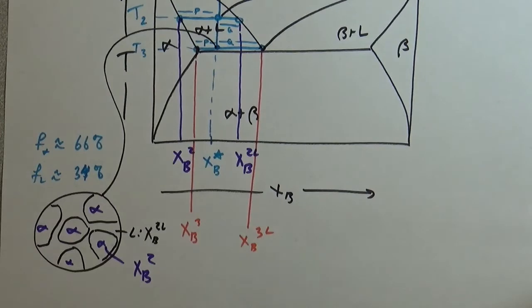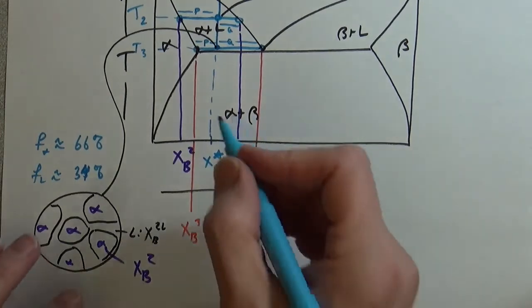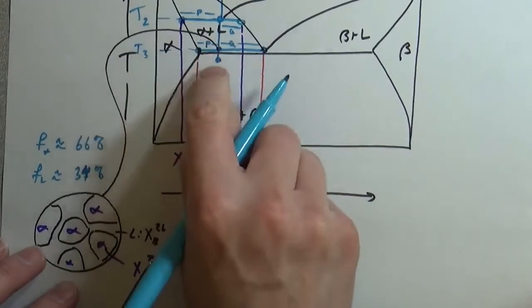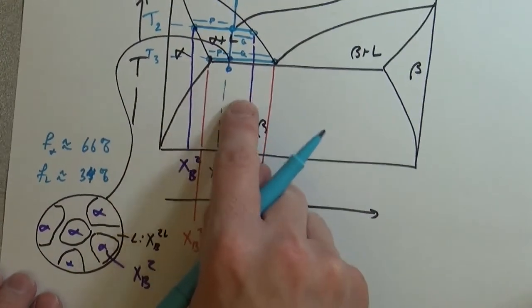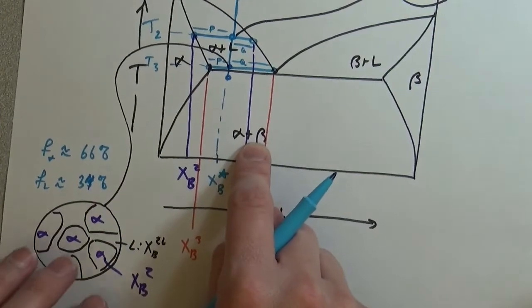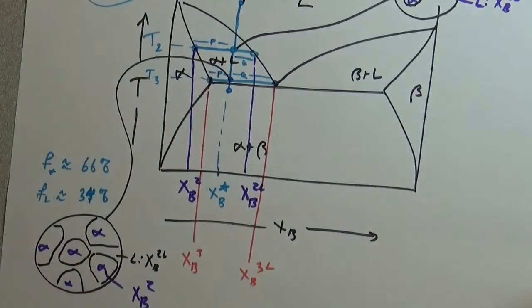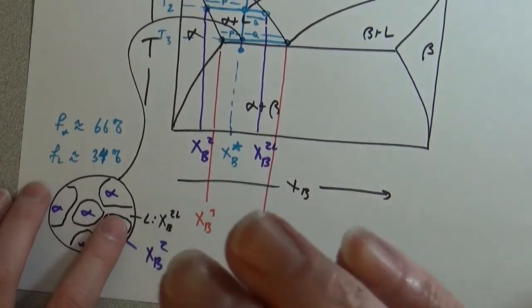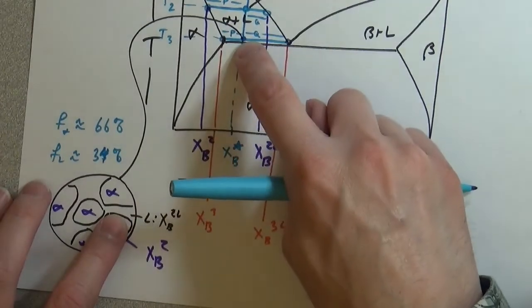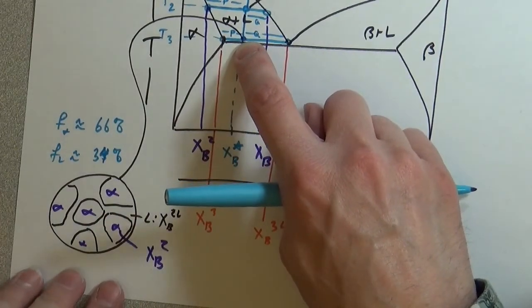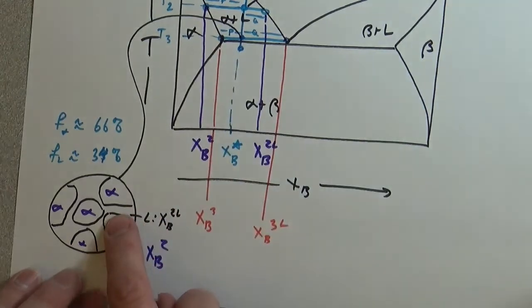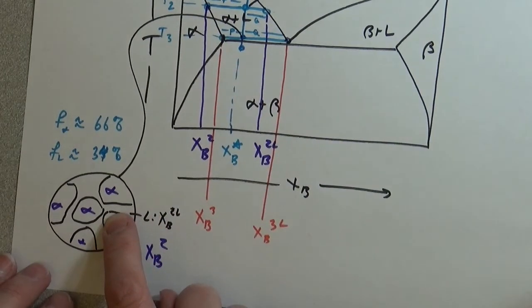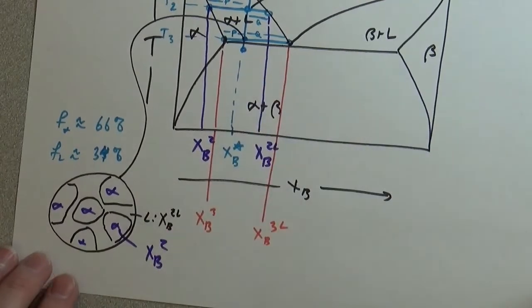So now the next step is we cool it just into the two-phase region, or the two-phase solid-solid region. Okay, so what just happened there was we went from having a single change. I mean, if you want to imagine it, change the temperature by 1 degree. Well, we drop it 1 degree, and we had about 34% liquid. Well, that 34% liquid instantaneously transforms into alpha plus beta. And